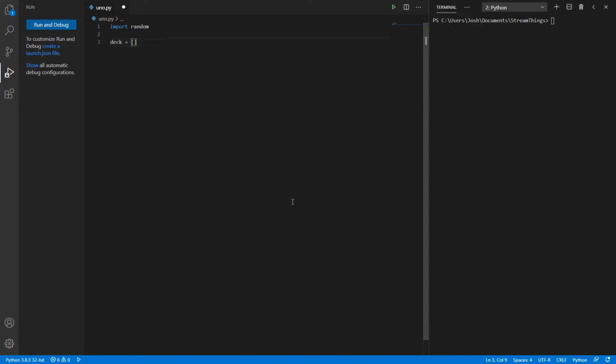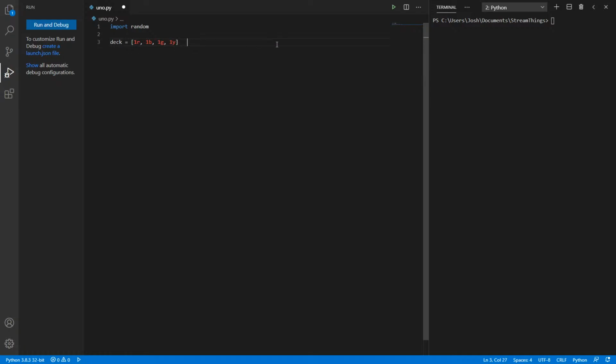The thing about Uno that makes it really hard is that yes, there are nine numbers, but each of those nine numbers has four different outputs because they have four different colors, right? In Uno, there's blue, red, yellow, and green. So if we're going to have a one, we're going to need one B for blue, or one G for green, one yellow, and then the last one red. So technically, it would be